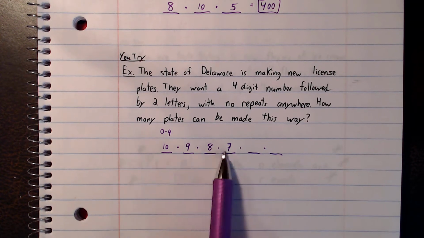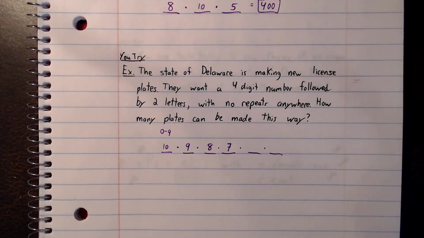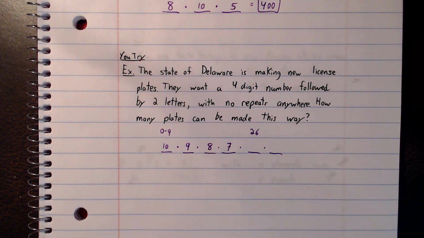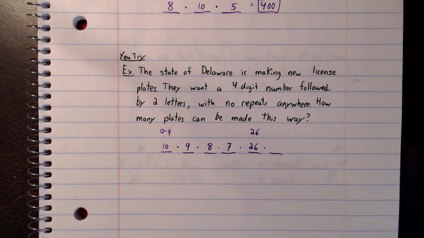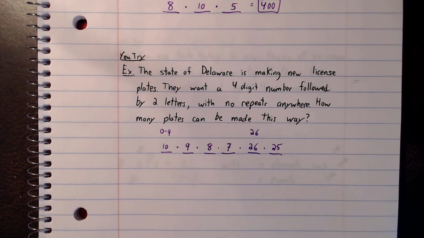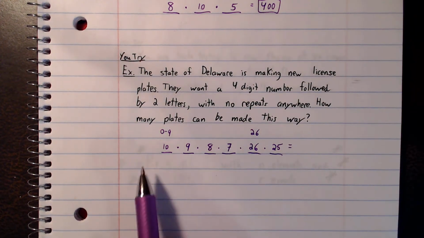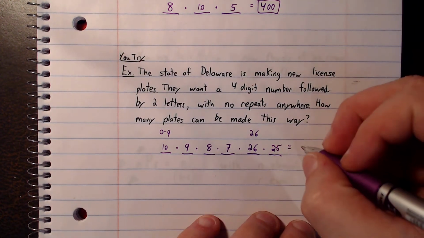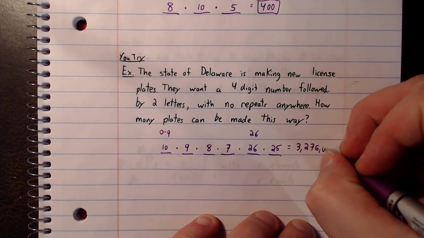Okay, no repeats here. Then I want to have my 2 letters. The alphabet we talked about before has 26. And if I choose one of those letters, let's say we pick L, that means there's all the other letters left to work with besides that L that we just chose, which means that there are 25 left. Okay, so that is our setup. You need to multiply all of these things together. And I got 3,276,000